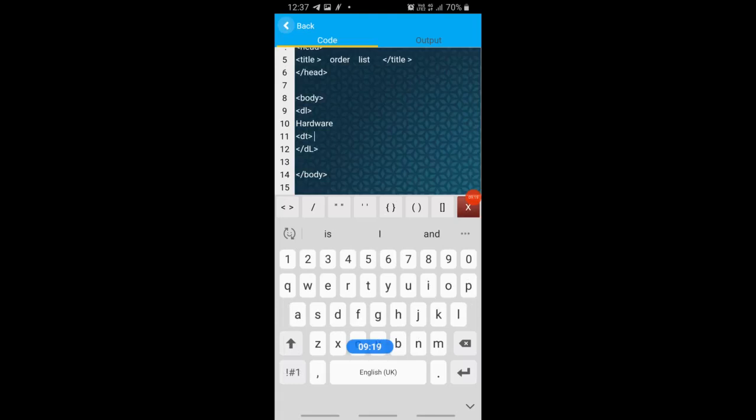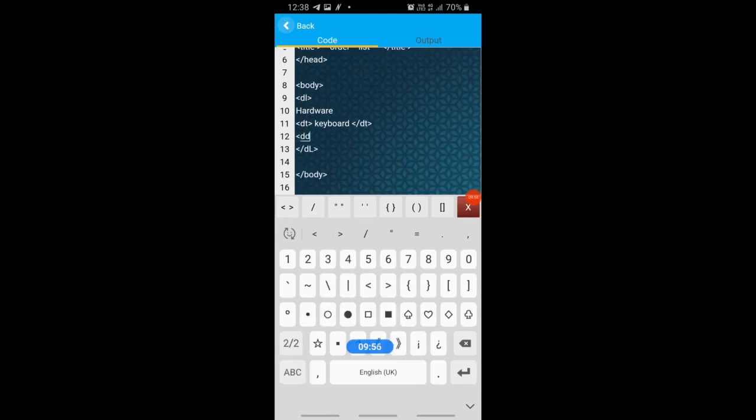For example, I'm taking keyboard. That is okay. After that the dt word should be closed. Okay. Now the next line needs to define that particular word. Whatever the dt word is, keyboard, that you have to define. For that you will use the tag dd. Clear? In this I'm going to define a keyboard.